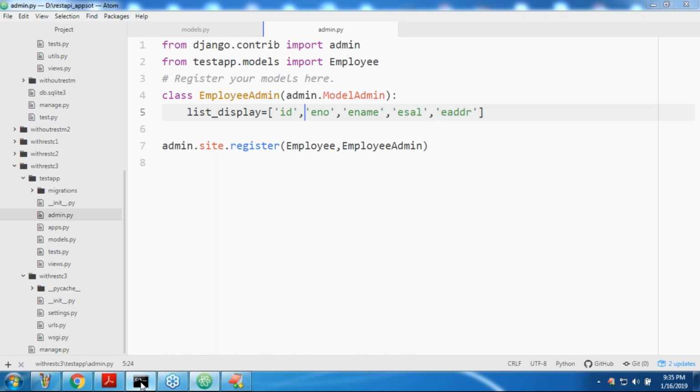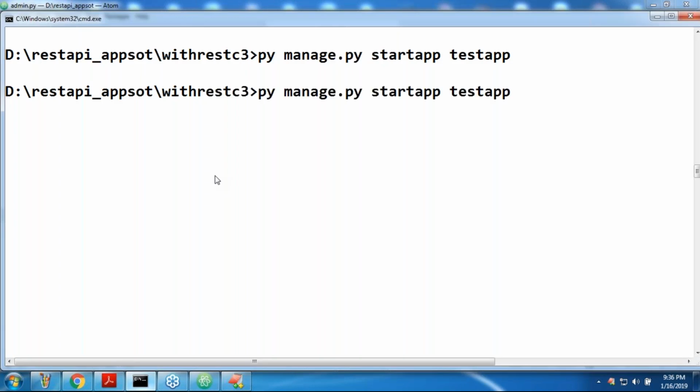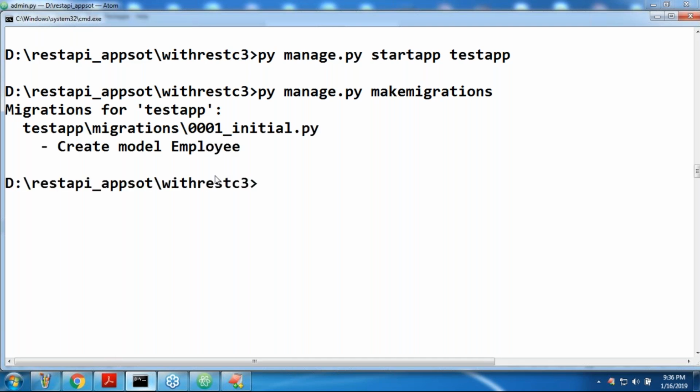So now very simple. python manage.py makemigrations, because the employee table is there. Makemigrations, and then migrate.